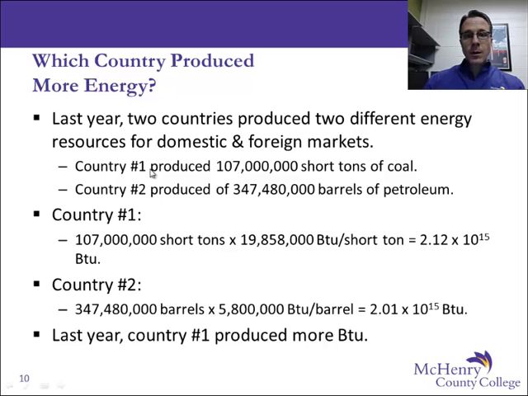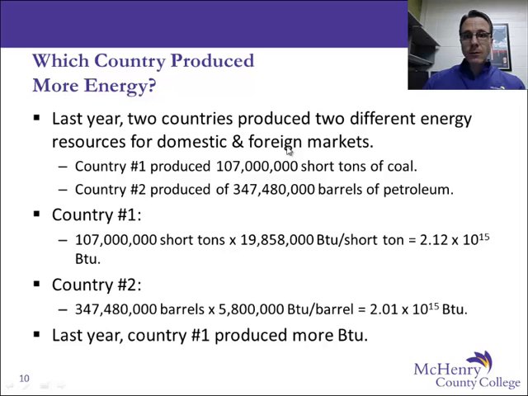Country number 1 produced coal. Country number 2 produced petroleum. Coal is a solid, petroleum is a liquid, and coal is measured in tons, and petroleum is measured in barrels. How do we know which country produced more or less than the other? Again, we need that common unit of measure, the BTU. And so we have country number 1 creating